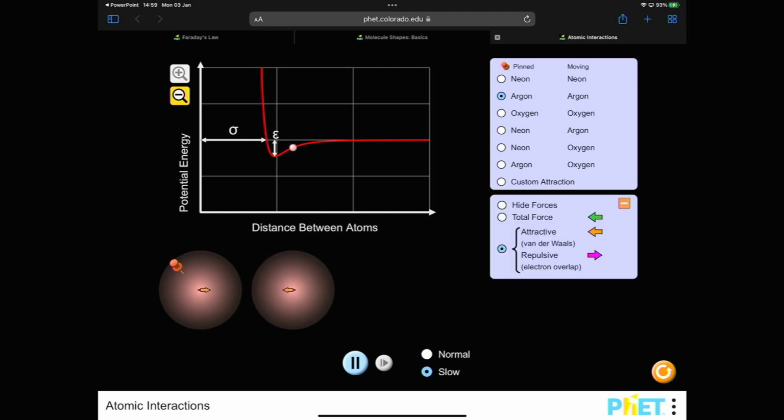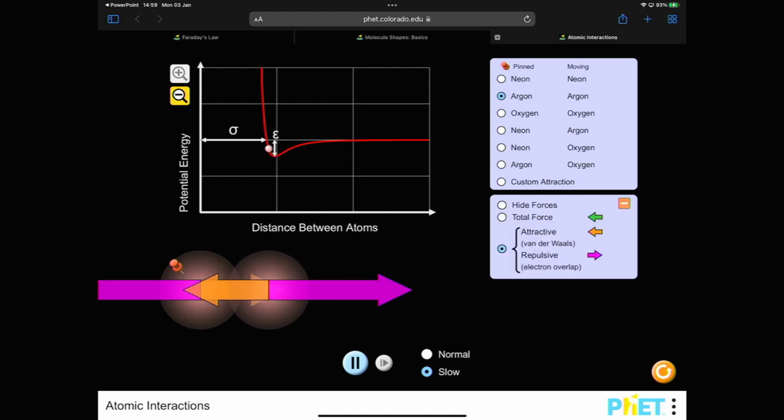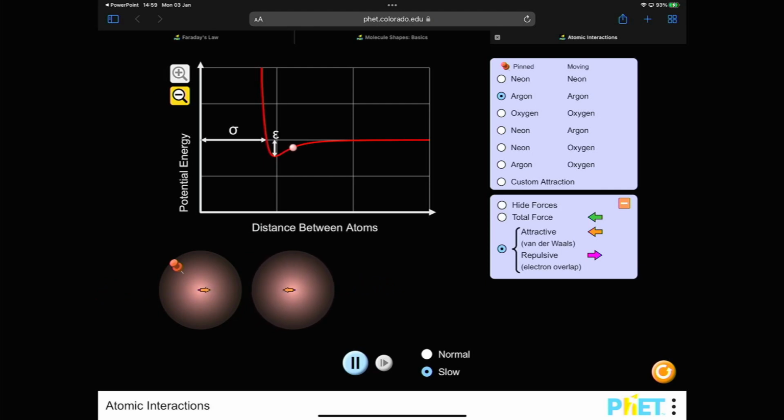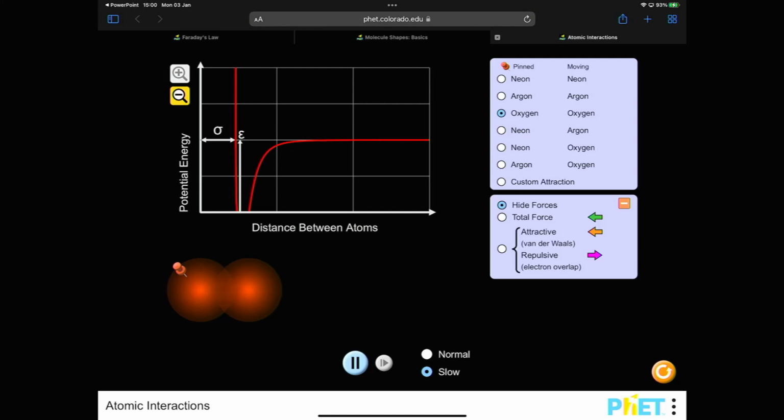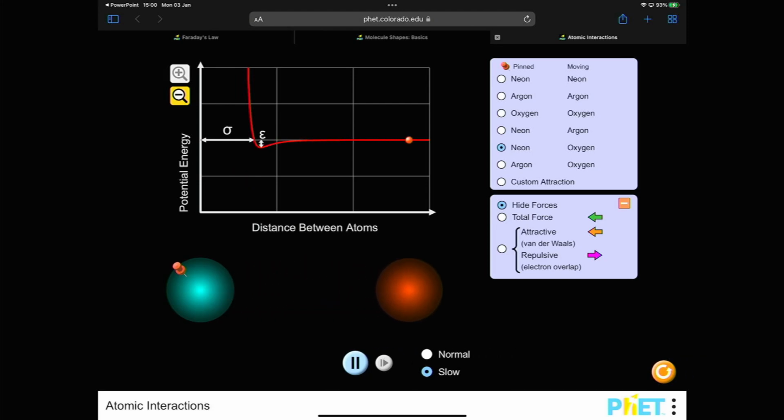Now let's put in the forces. We've got different forces that we can see. Can you see the forces there? Let's hide the forces. And there you can just on the graph see how they move towards each other. Let's take, for instance, oxygen. Now, oxygen is further away, and as they move towards each other, you can see they will form a bond, and there they are. So the most stable, but oxygen is a little bit off the graph. So I'm going back to neon again. So I've got that neon, and I'm moving it towards that one.